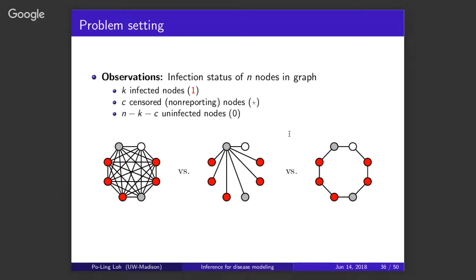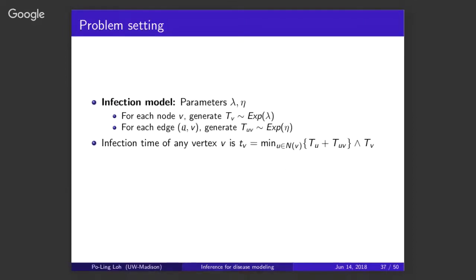So the notation that we'll use is that the number of nodes that we know are infected is K, the number of gray nodes is C, and then everyone else we know is uninfected. Okay, so remember, for hypothesis testing, we want to figure out some kind of a test statistic, and we want to figure out some kind of rejection rule so that under the null hypothesis, the probability of error will be bounded by something that we want. So in order to actually derive some kind of reasonable hypothesis test, we need some explicit probabilistic manner in which information is spreading over the graph. So here's where the model is described.